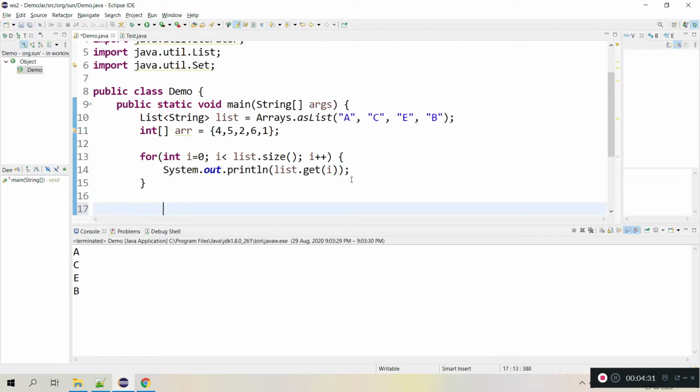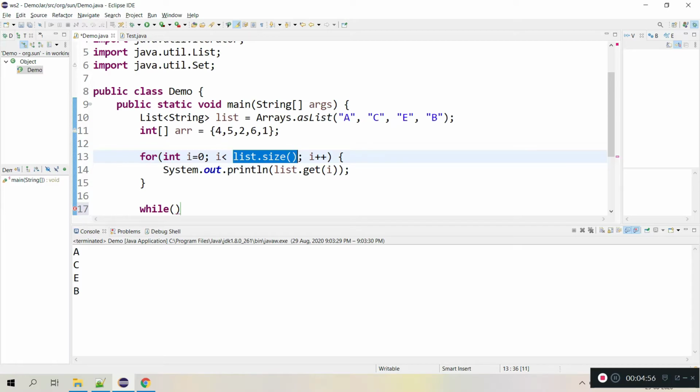Let me go for a while loop. How can we do it in a while loop? A while loop is something where we don't know a particular endpoint. In a for loop we know that we need to iterate until the end of the list, or from 0 to 10.